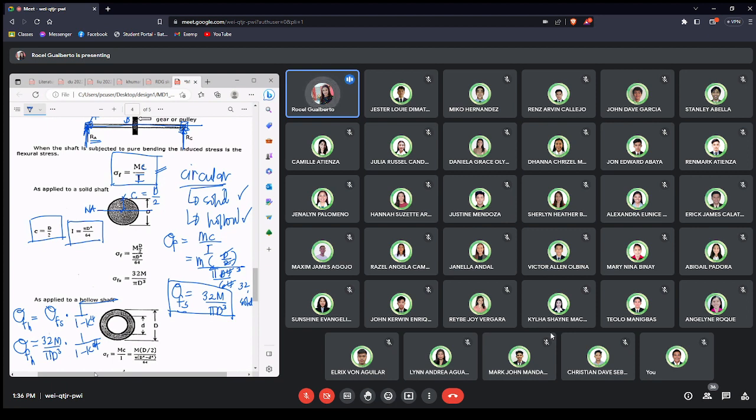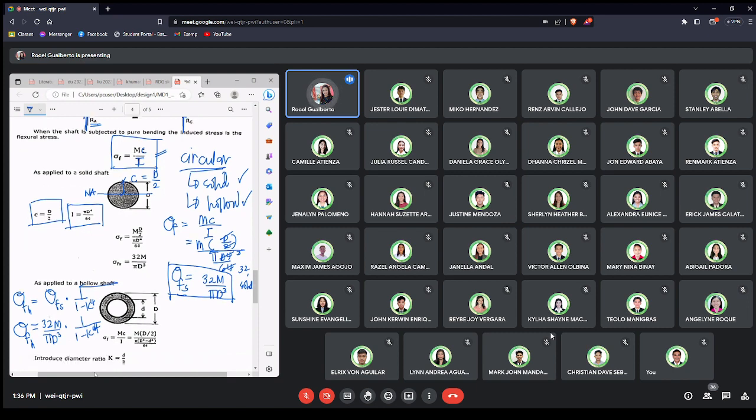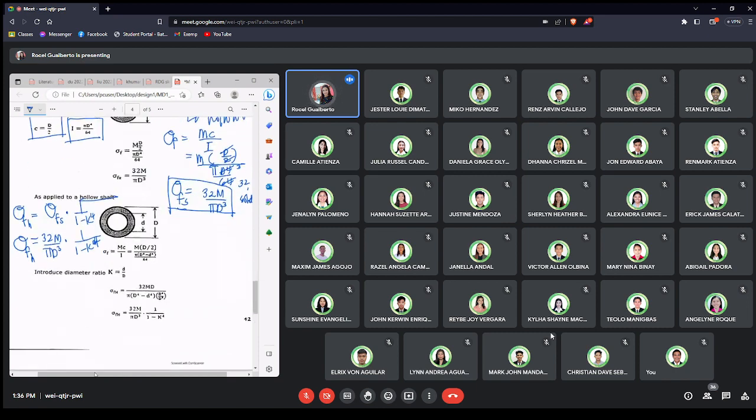1 over 1 minus k to the 4th. Okay? So, ano naman po, you can see here the derivation po. Kung paano po natin siya dinerive. Katulad lang din yung kanina. You have here the value of C, you have here the value of I,